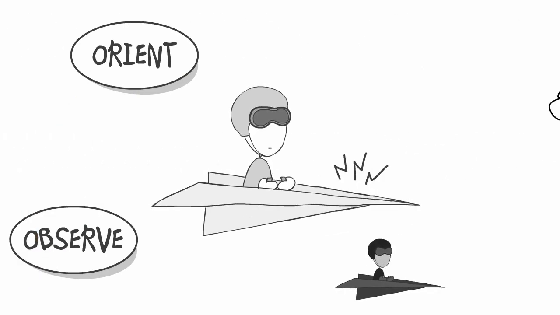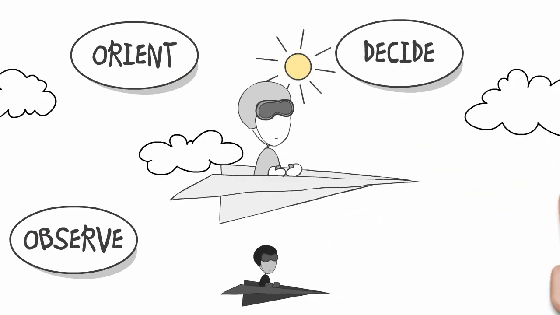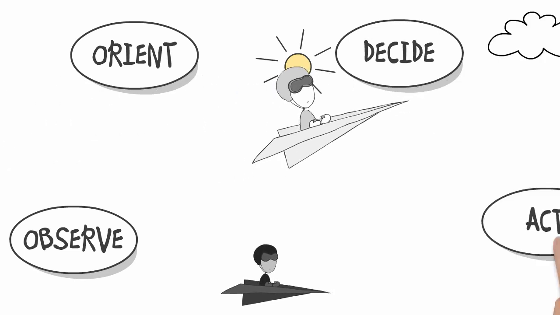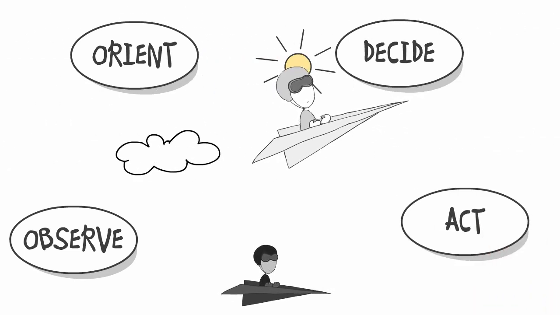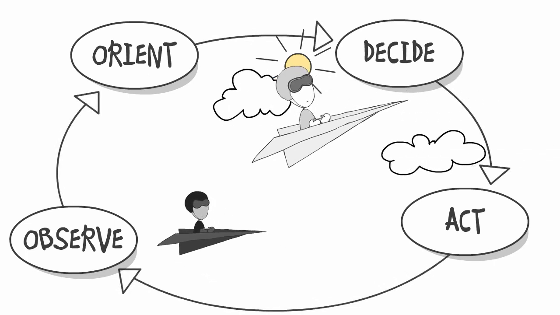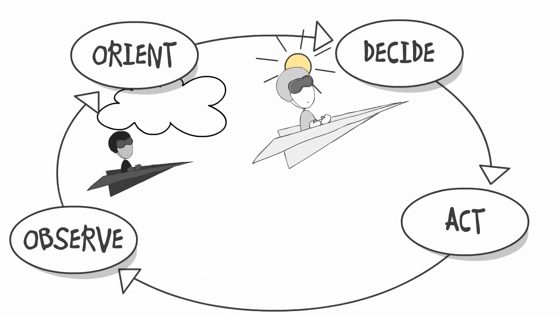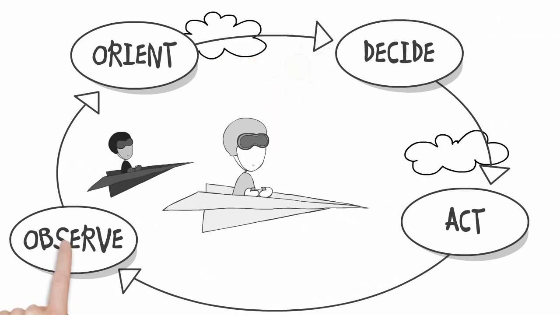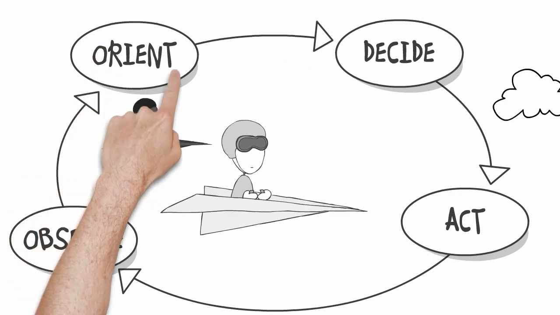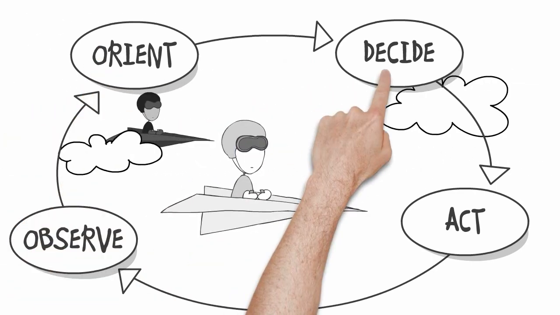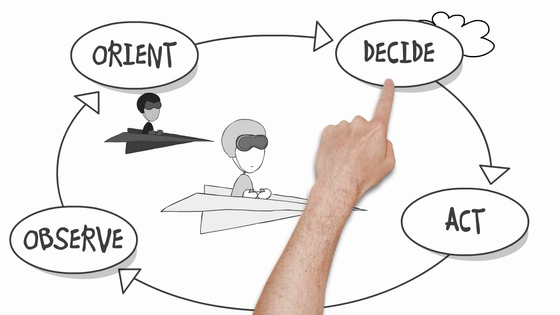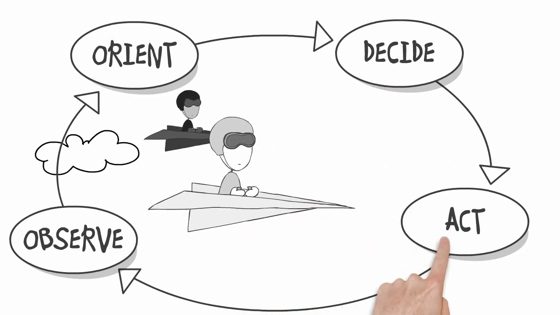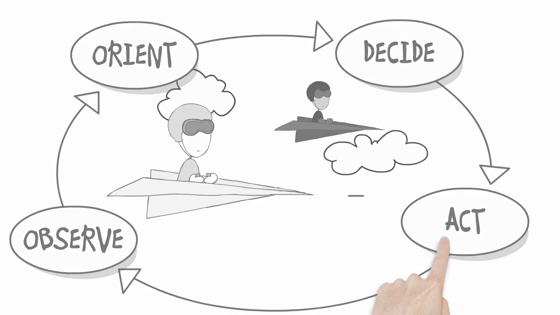the radio chatter. The pilot decides to get into the sun above his opponent and applies his control inputs to climb. The attacker now reacts to the change in altitude of the pilot, so he has to observe this reaction and orient again. He needs to decide what to do before the enemy can change his course of action. Time for action. Now the pilot banks left and he's got his guns and